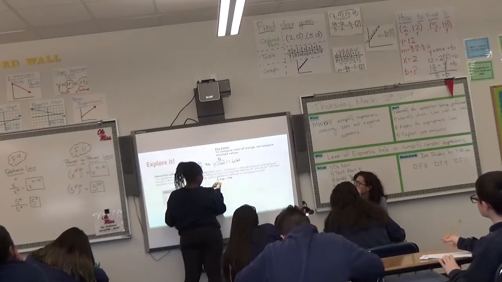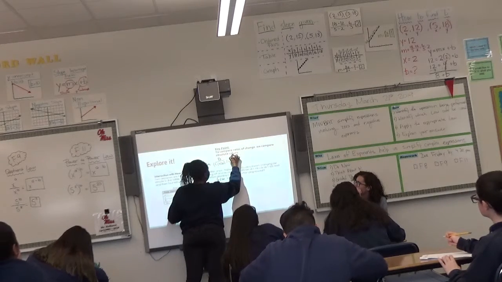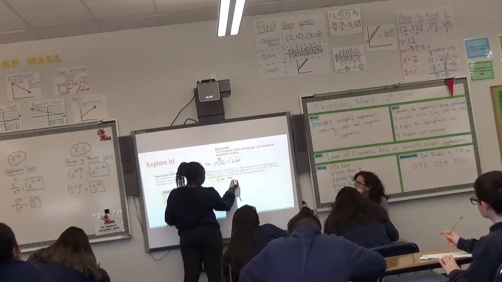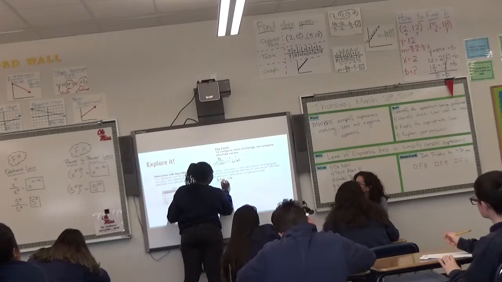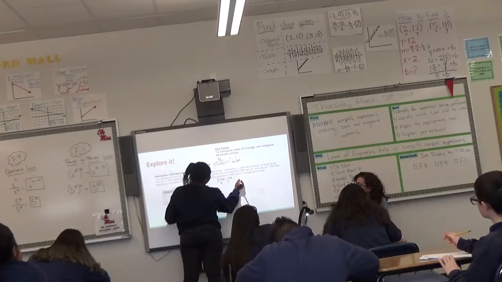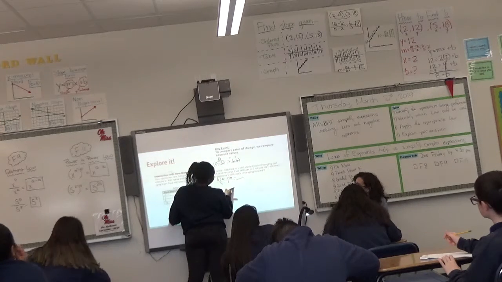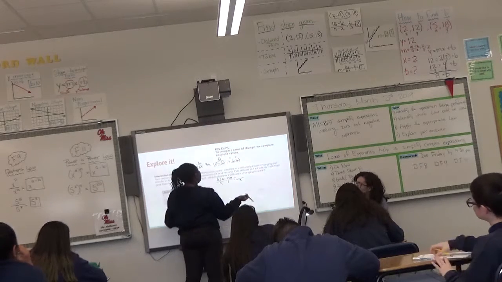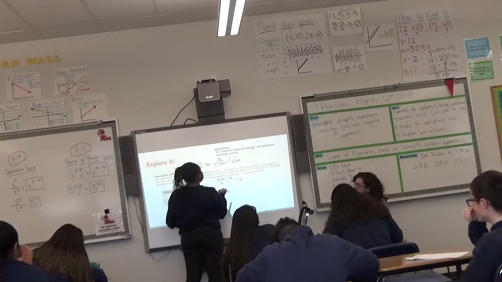So the change over Y, and then the change over X would be 4 minus 1, whatever, equals 3, and then this equals,